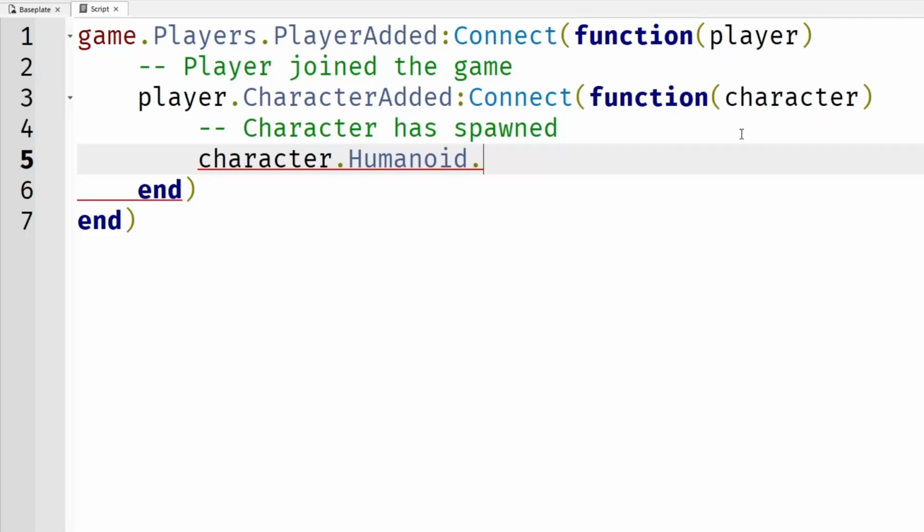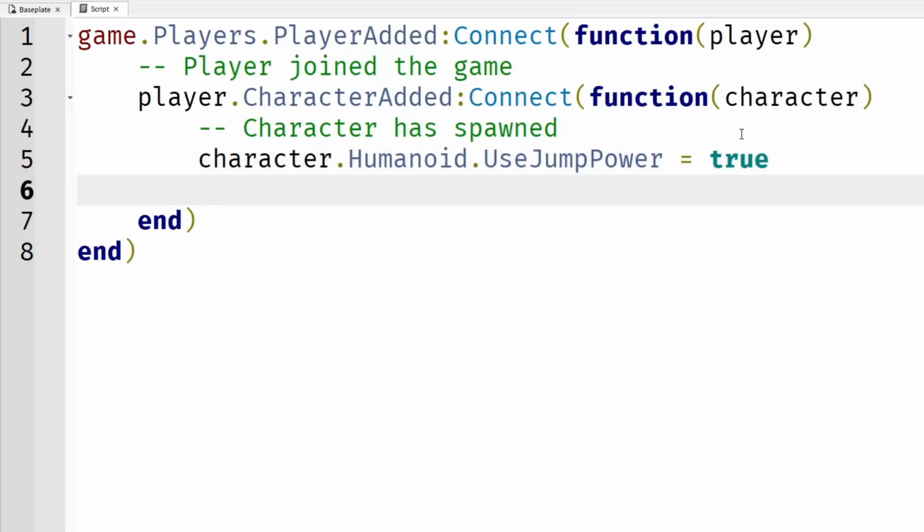So we can say character.Humanoid.UseJumpPower equals true. And this is acting as like an override. It's basically saying to Roblox, okay, we don't want the player to be able to jump at their default height. We want to provide a custom height for them to jump at, because we want them to be able to jump at 0 studs when they first join, and then maybe 10 minutes later we want them to have 100 studs of jump power. So in order to allow us to use that jump power, we have to say